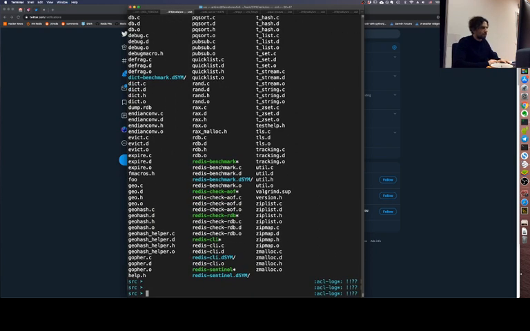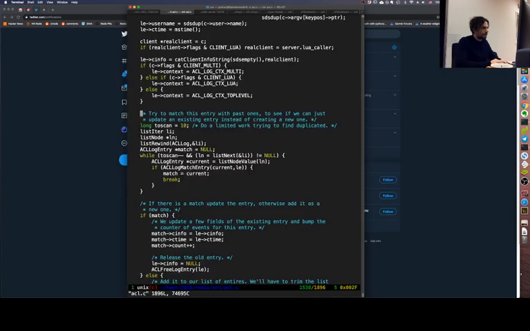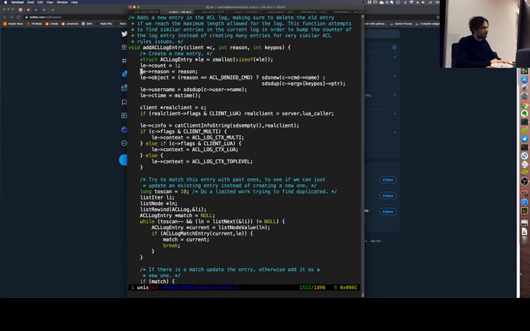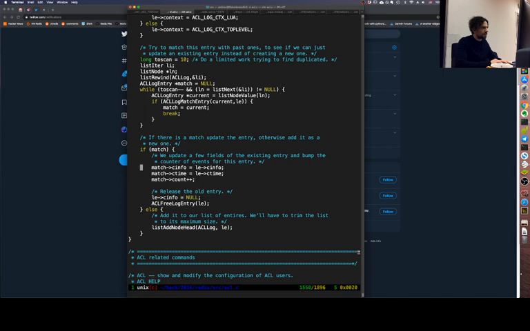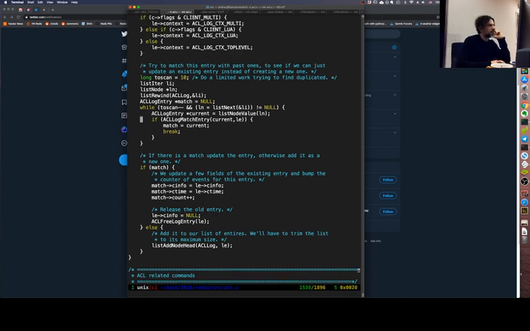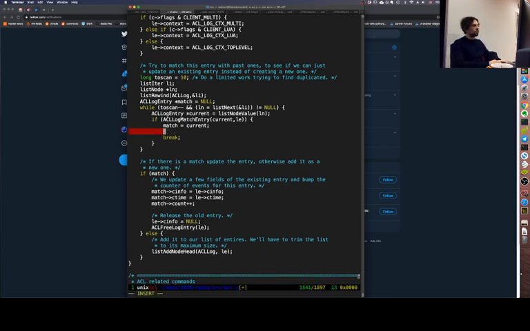So what we want to do instead here is the following. So we here found a match, so we know that we are going to update this match. What we want to do here is to make sure that this entry will be the first entry, so we have to move it, and to do so we can do just